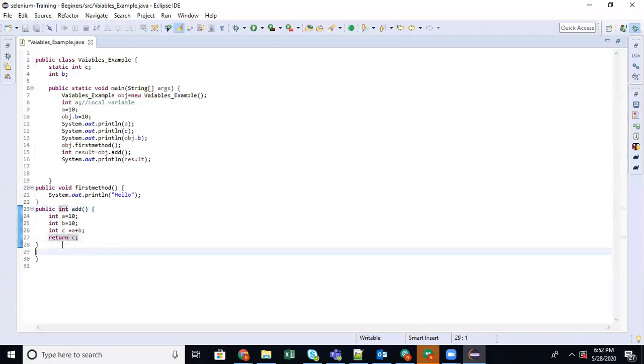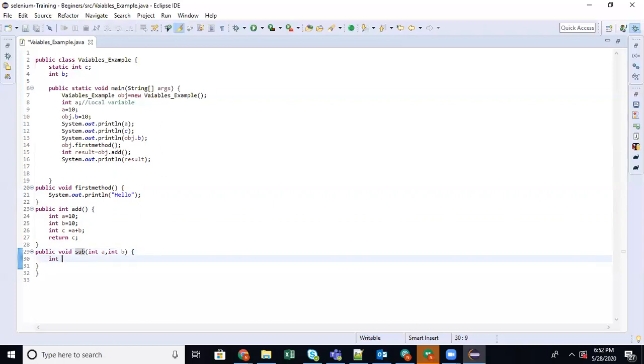Now I'm going to create a method with arguments. See, I'm taking two methods. Let us have another method named sub. So the sub method is having two arguments.